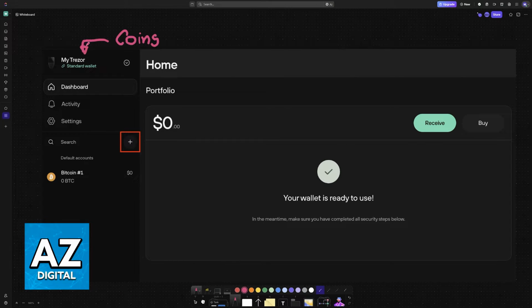If you have your Trezor Safe 3 or any other model connected to your PC, usually with a USB cable, it is going to be accessible within Trezor Suite, and inside of Trezor Suite, you will be able to manage the accounts that you have and add new ones. So at the left side of the screen, you will have the default accounts, usually a Bitcoin account, and you can add new ones. So to add new coins, click the plus sign here.